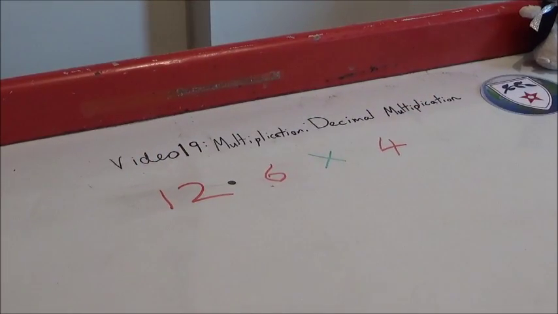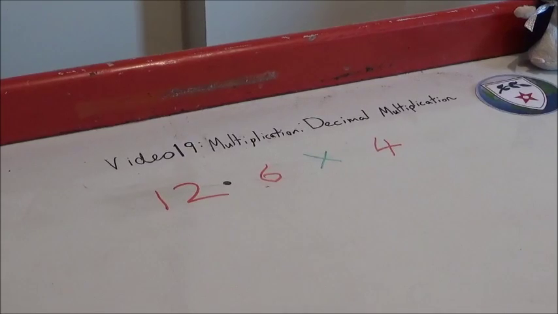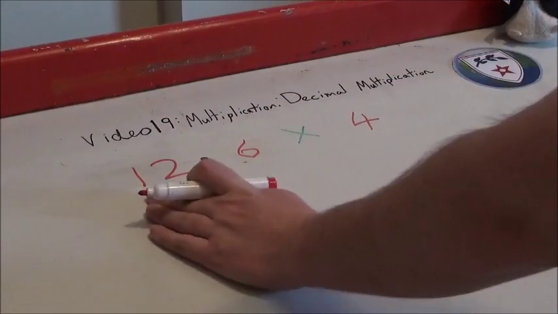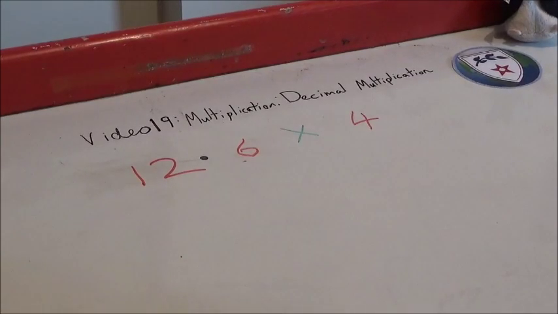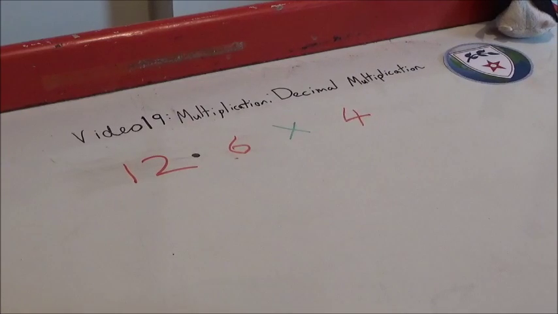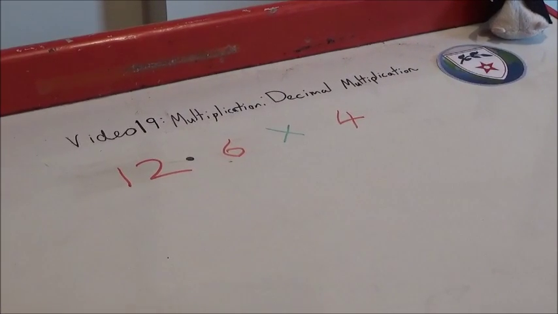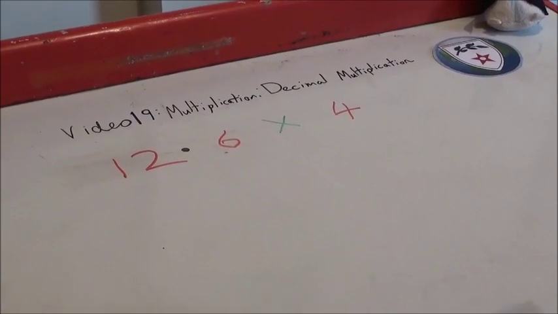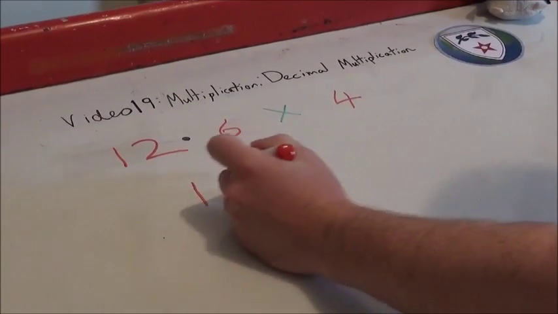Welcome to video 19, multiplication, decimal multiplication. Okay, so let's take 12.6 multiplied by 4. Now we will set this out exactly the same way as we're doing column multiplication, but we're going to be very aware of the decimal places. So first things first,